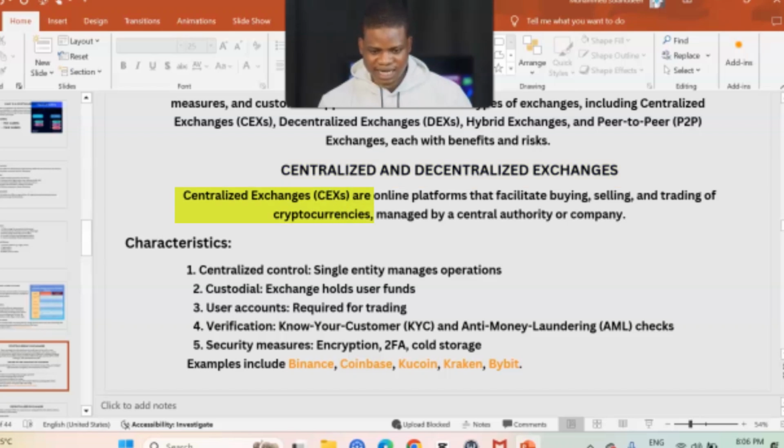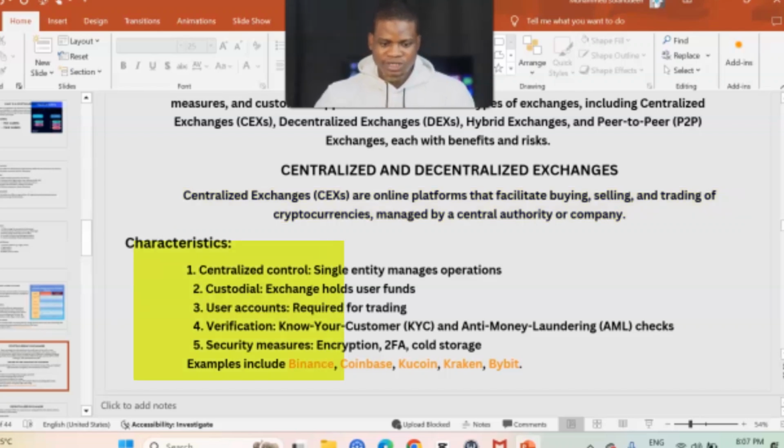Centralized exchanges, CEX, are online platforms that facilitate buying and selling of cryptocurrencies, managed by a central authority or company. Like Binance, for example, they are managed by a company, which is the Binance company. KuCoin, Coinbase, Kraken, Bybit, all these are centralized exchanges because they are managed by a central authority or a company. So their characteristics: